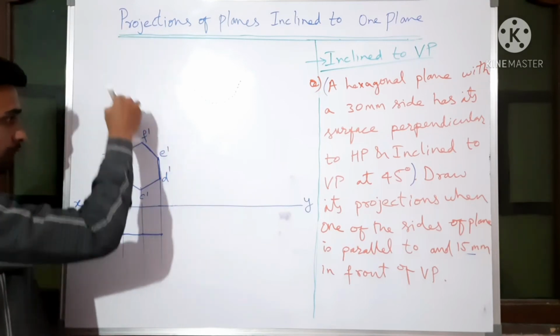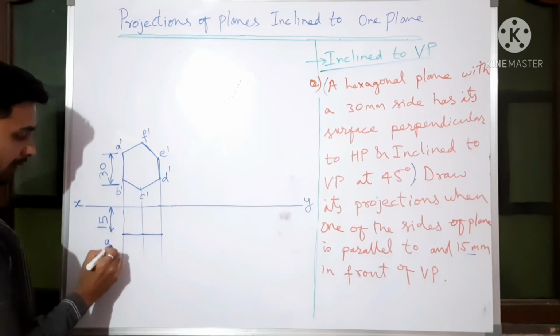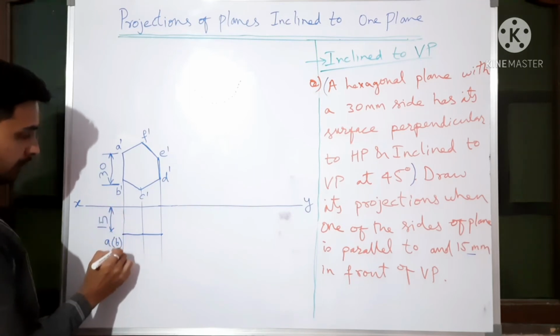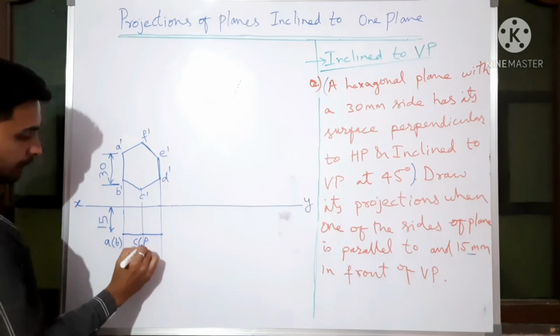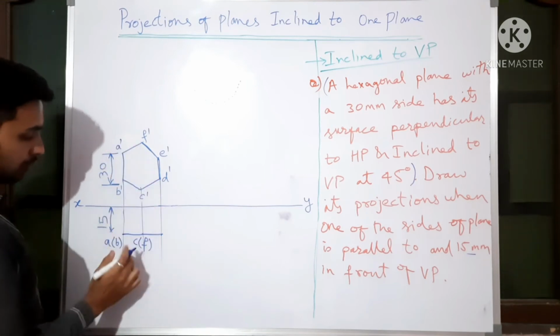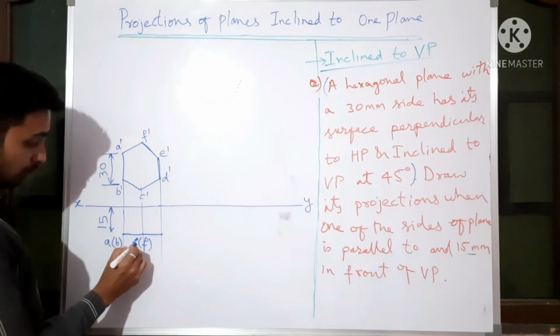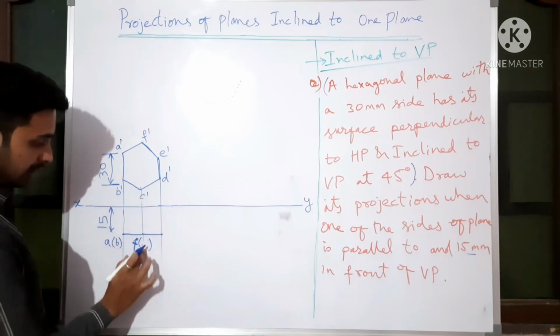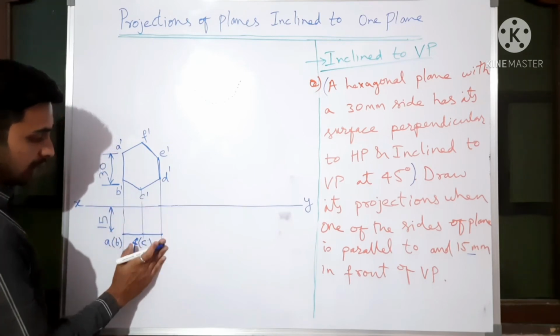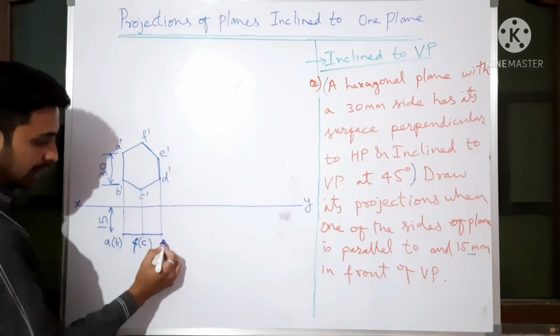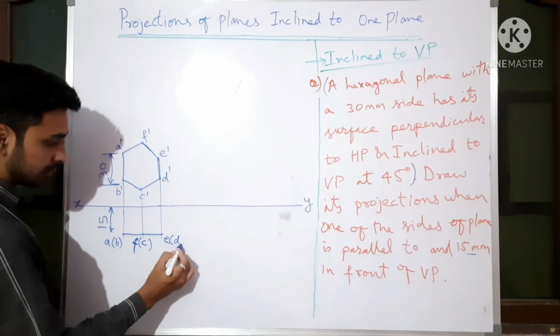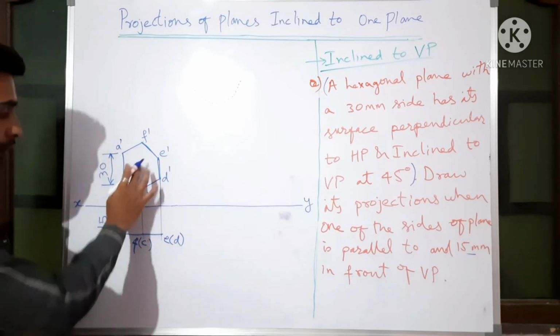So from the top, if you see, first comes A, so A bracket B. Now from the top, if you see, first F bracket C, because this F should be kept first, it is outside. Then comes C, which is inside. Then what you will be getting? E bracket D. This is the front view and top view over.